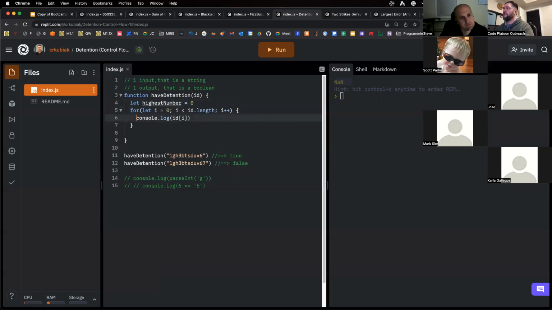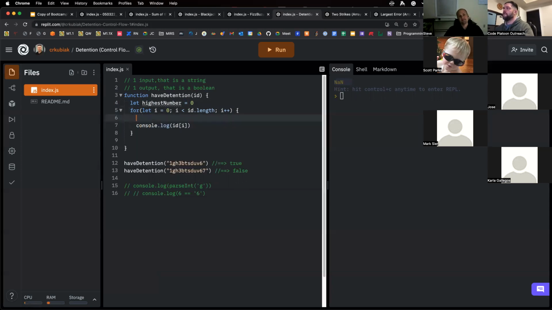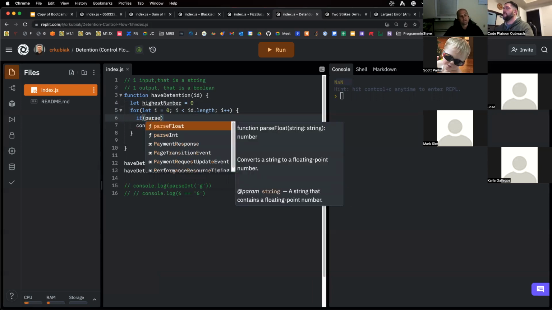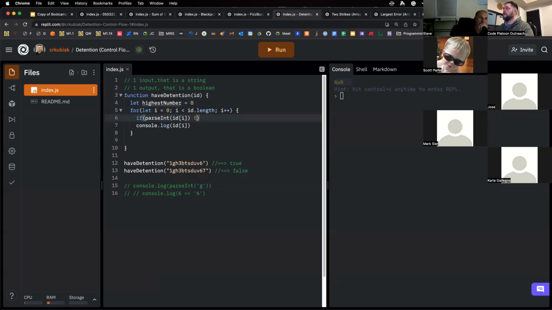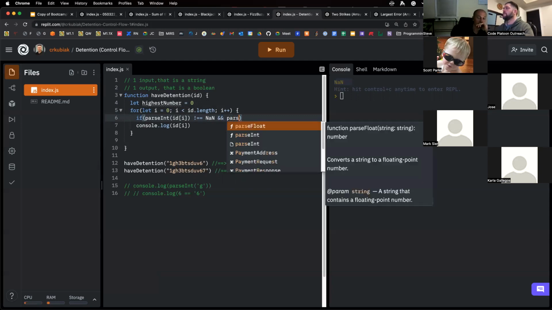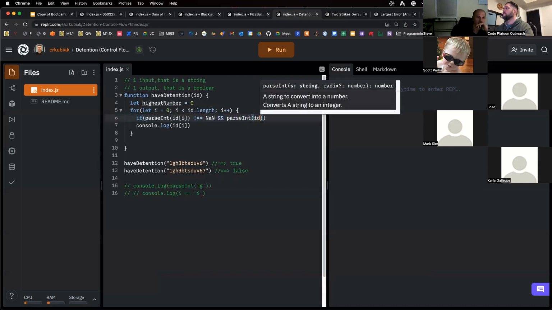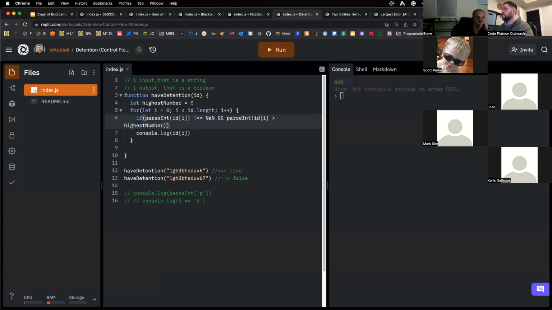All right, so now we can say if parseInt of ID[i] is not equal to NaN, and I don't think I need to put this in quotes. We'll figure that out here shortly. And